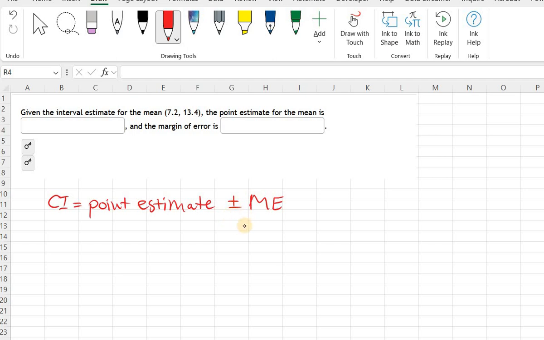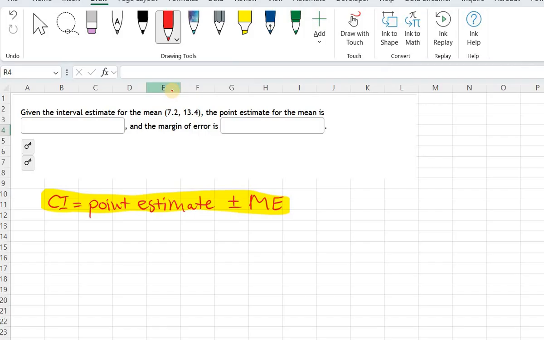Final exam review, question 7. Given the interval estimate for the mean 7.2, 13.4, the point estimate for the mean is, and the margin of error is. So we know that the confidence interval in general is basically point estimate plus or minus the margin of error. In this case, we're dealing with the means, but it really does not matter what we're dealing